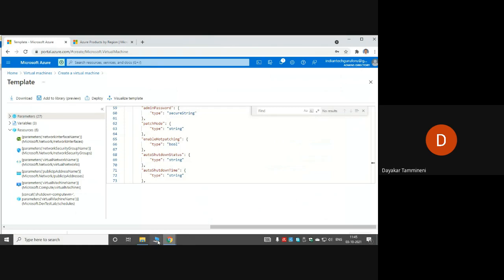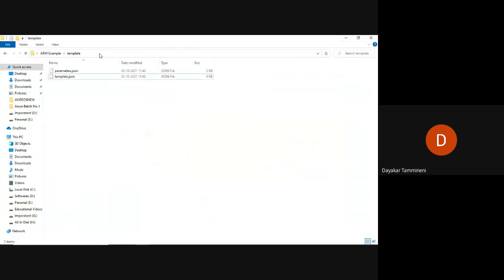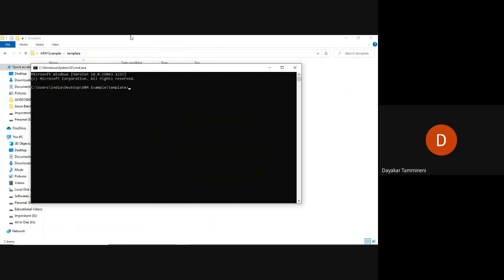Once it is installed, just go to this particular folder and type CMD to open the command prompt, so I can directly go to VS Code. To open VS Code from here, just type code dot. Then these two files will be opened in VS Code.